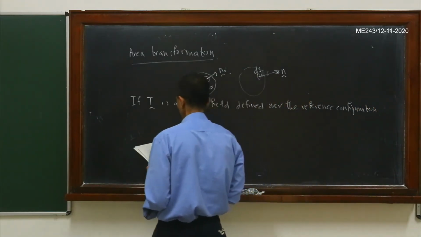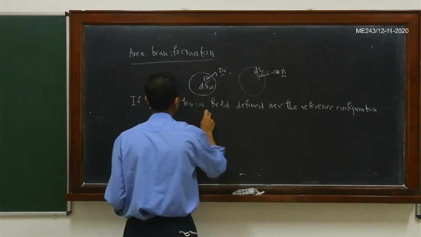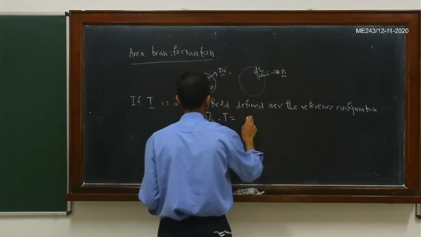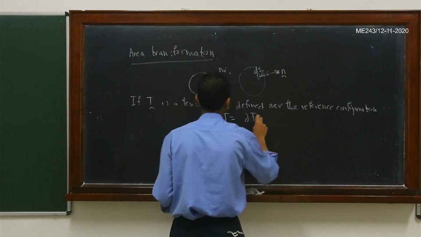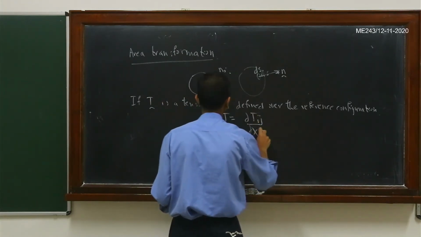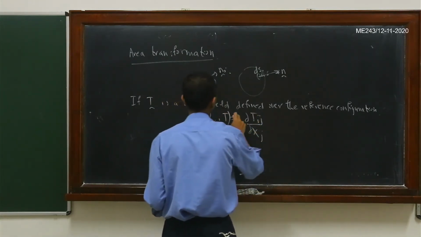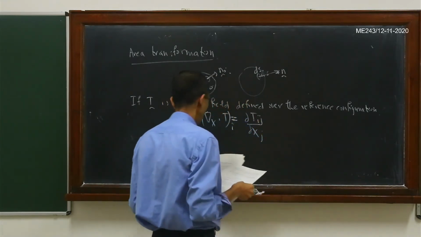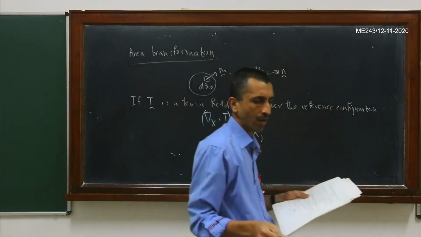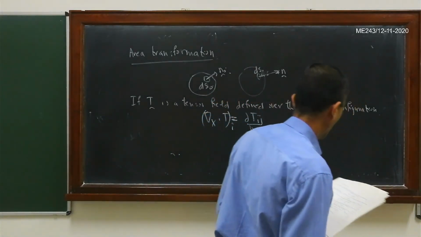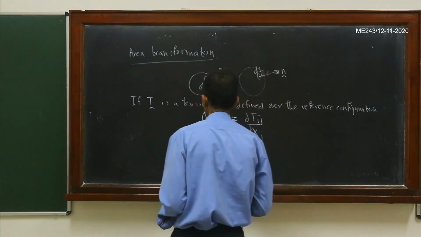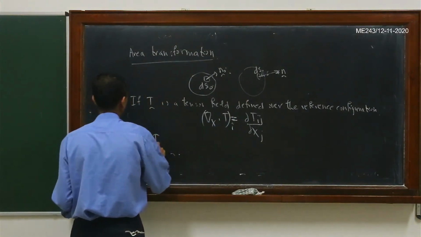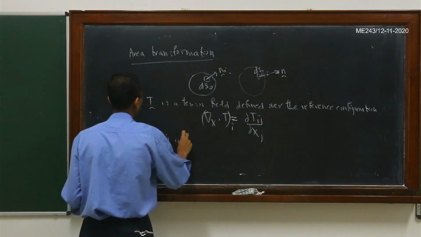Then we can write del x dot t is del Tij by del xj. So the I component of this can be defined in this particular way here. Right, and then similarly, if tau is a tensor field on the deformed configuration,